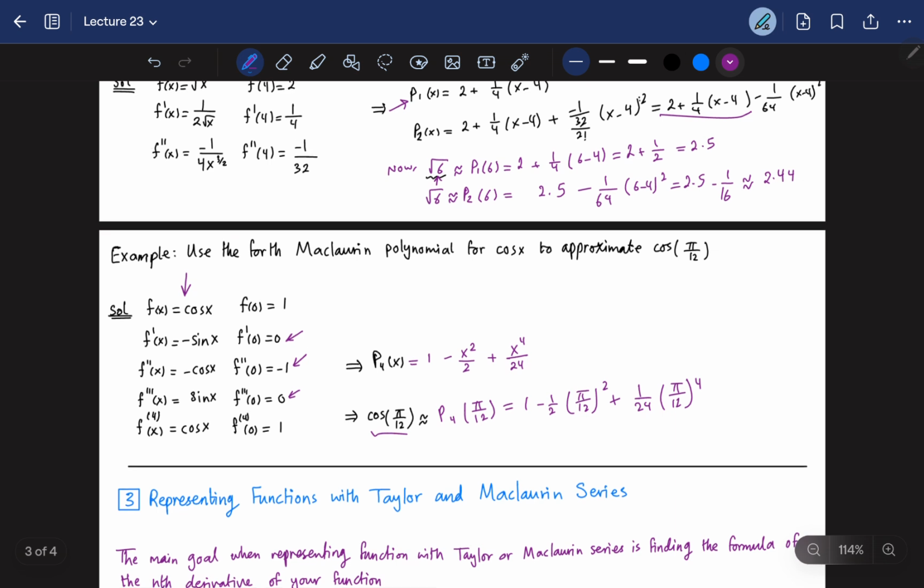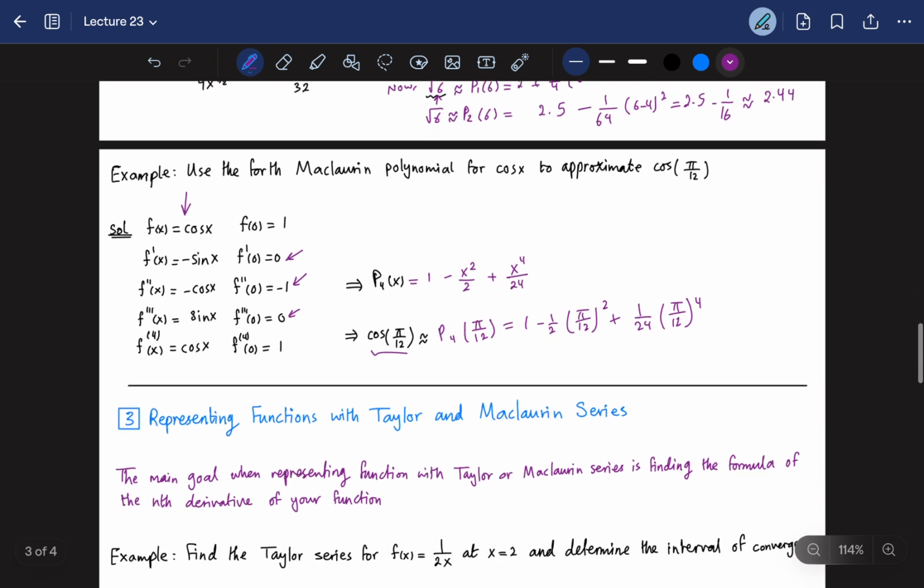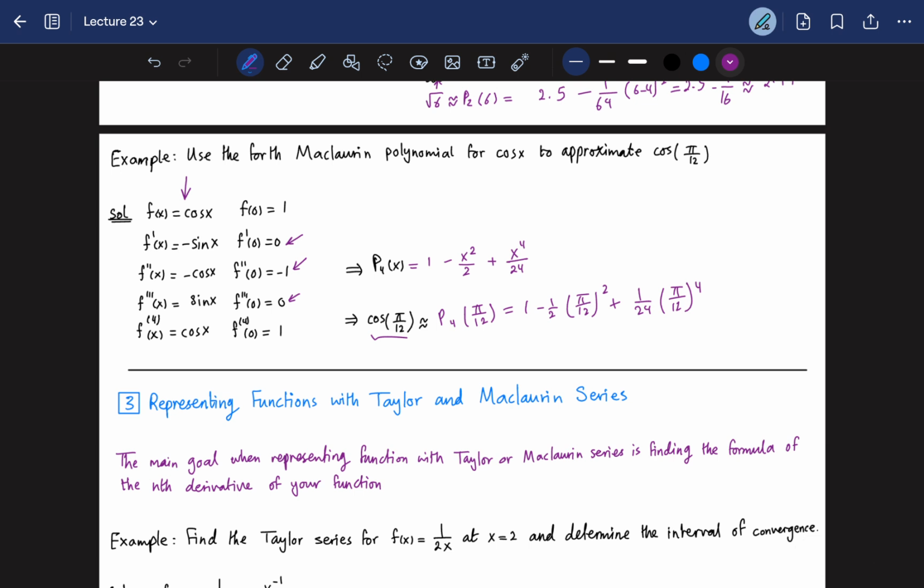So that's it. It's all about calculating the derivatives and plugging in values and getting the polynomials. Now, if we want to represent functions in terms of Taylor and Maclaurin series, the most difficult part here is I want to find the nth derivative for my function. I want to find the general formula for that nth derivative. Once I'm able to find the nth derivative, I can just plug it into the formula of the Taylor series,